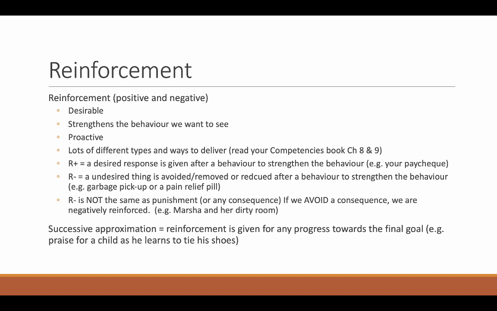For example, if your child is trying to learn to tie their shoes, you probably give them praise and rewards for them getting their shoes, putting their shoes on the correct feet, holding the ends of the shoelaces correctly, or correctly tying the first loop. You wouldn't wait until the child got all of the steps done before you gave them a positive reinforcement, because they would probably give up and they wouldn't actually ever accomplish it. So successive approximation just means giving reinforcement, usually positive, as any progress is made along the way.